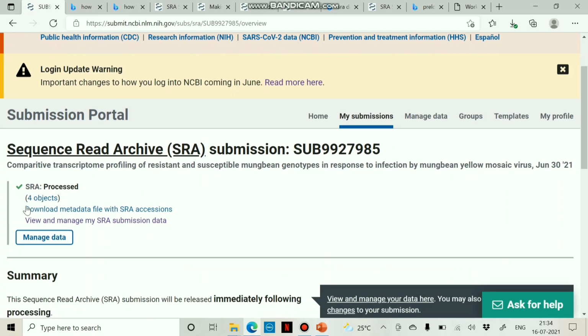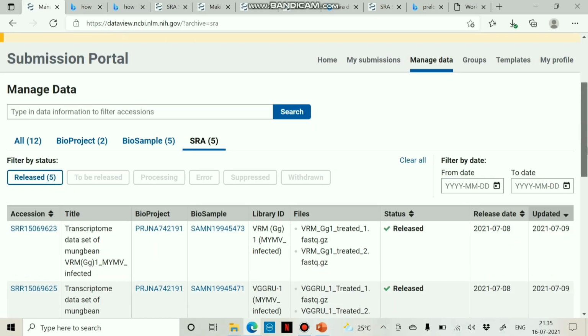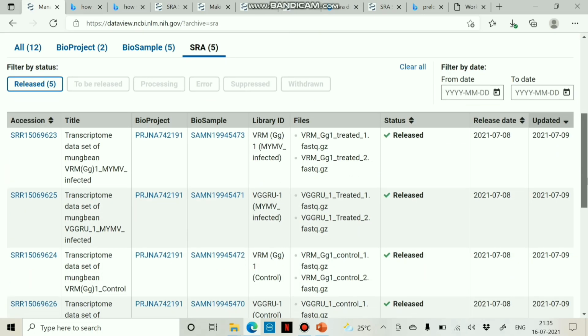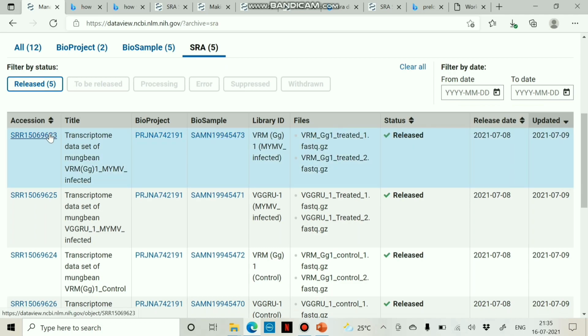Here you can download the metadata file with the SRA accessions, or you can view and manage the SRA submission data if needed in future. Click on manage data, and here you can view all the processed SRA submissions once it is released.